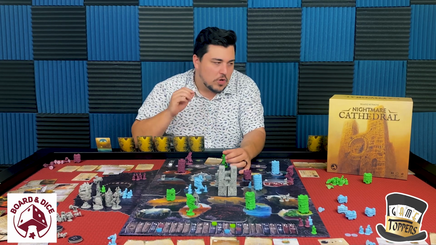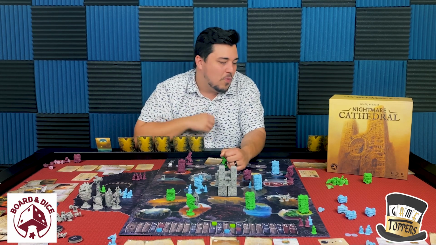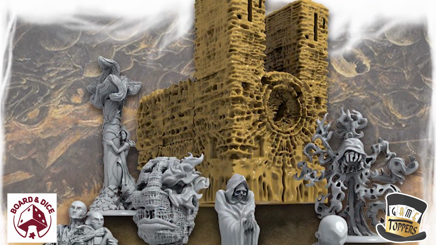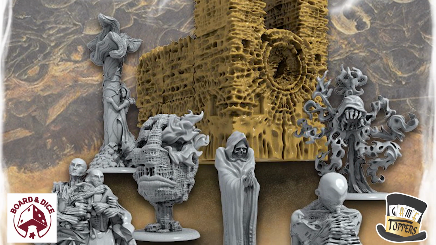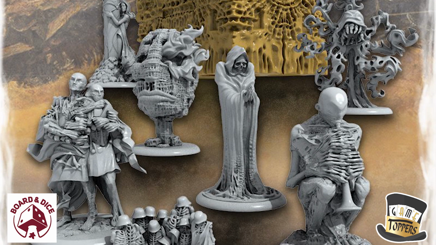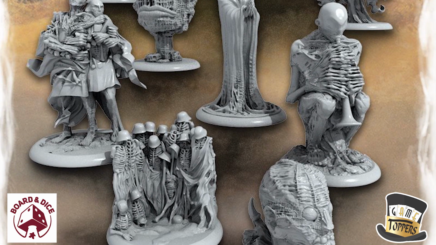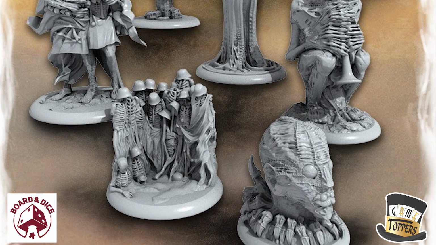Now, I did mention the ritual track across the bottom, and like I said, you sacrifice your followers to it. So I do want to address the creepy nature of the board game. When I first saw the sculpts is what really got me, because they're absolutely beautiful minis. The detail is exquisite. There's really cool artwork they're based on, but it's obvious that they're supposed to be creepy and nightmarish,